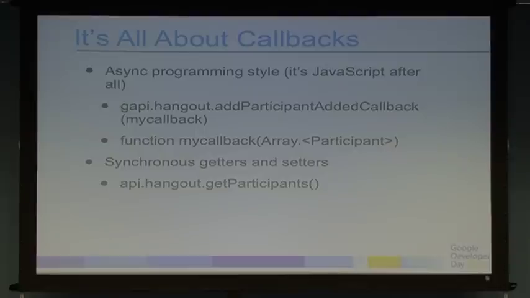It's event-based programming. So for the example that I showed here, we have the gappy.hangout.addParticipant callback. That callback listener is basically saying whenever a participant joins the Hangout, let me know. So there's a fake myCallback method, and every time a participant joins the Hangout, we call the myCallback method, and we pass in some data, and it works great. There are some synchronous methods too, so get participants, get mic volume, and that's useful for things like bootstrapping and initialization, or whenever you want to check the stats that's not related to an event.